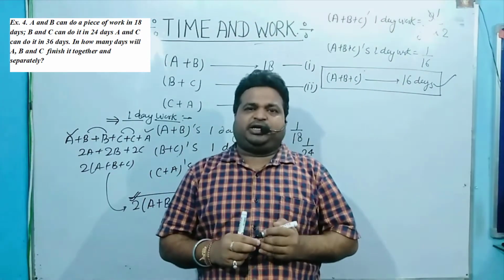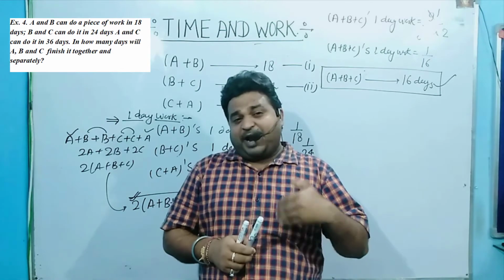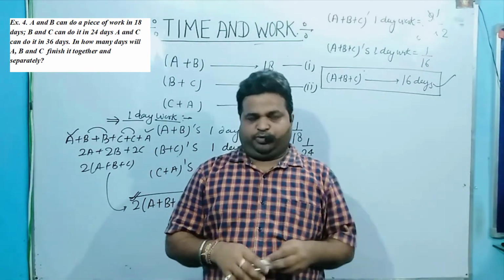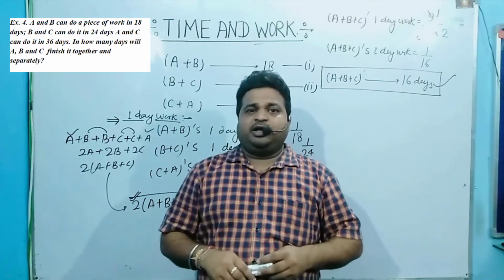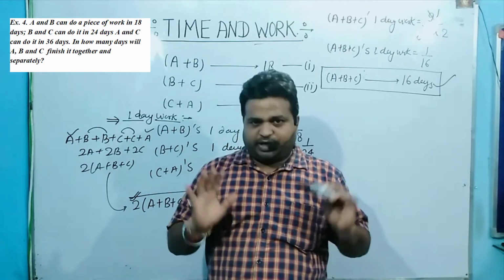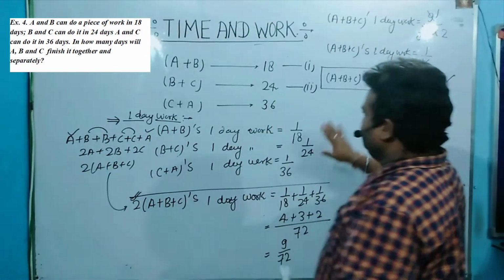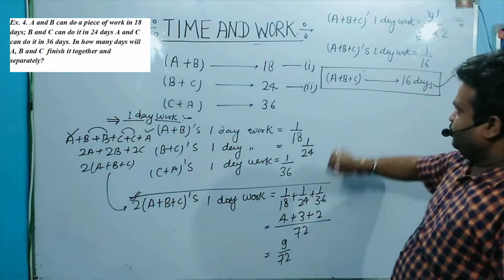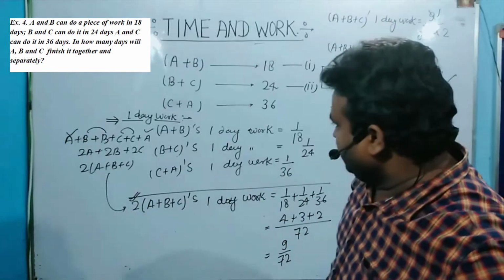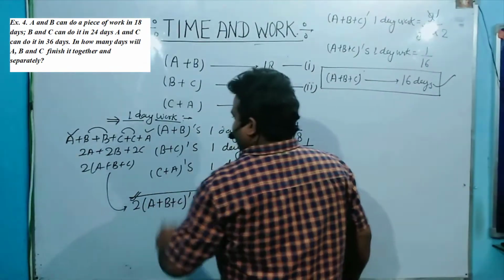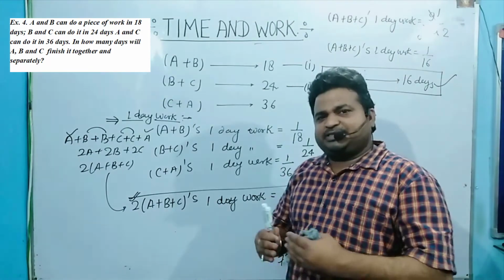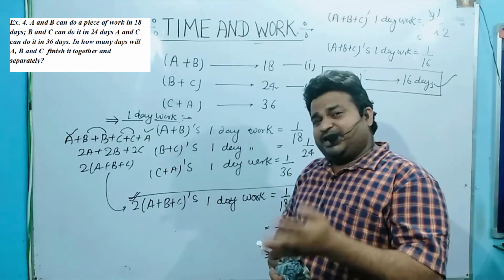And the second question comes: independently you need to calculate, if A alone, B alone and C alone can do the same work, how much time independently they will take to complete the entire work. Okay, this is the question. So first you note down this one. This is about how much time A plus B plus C take together to complete the entire work. Now I am going to tell you how you can calculate A, B and C completing the entire work independently.